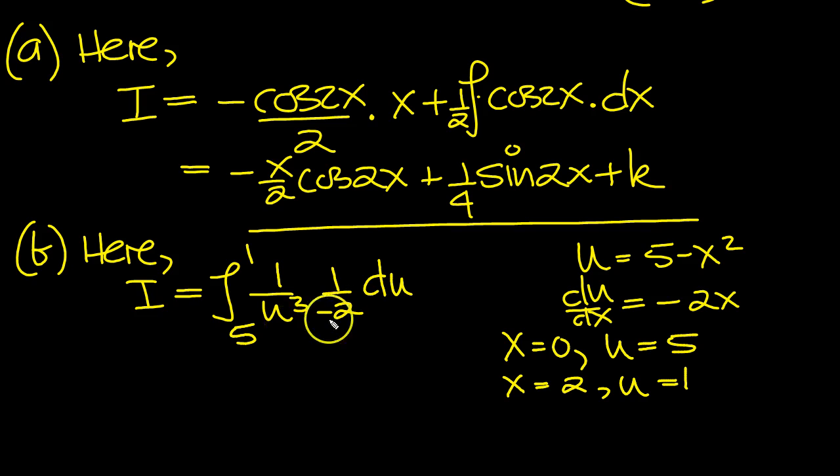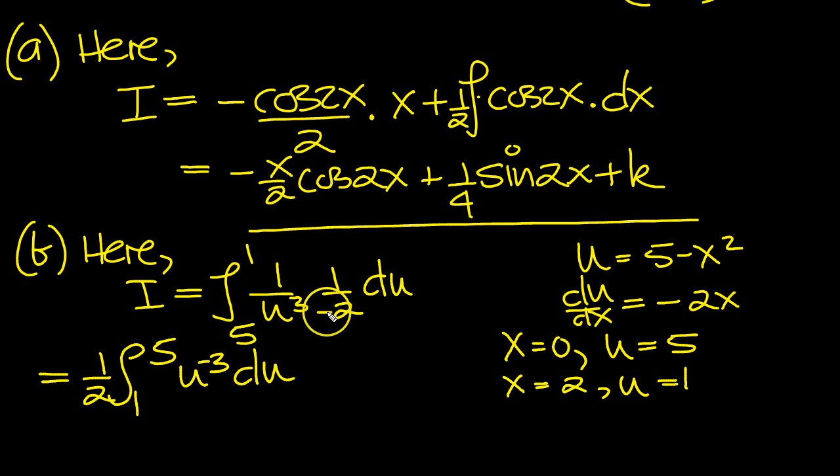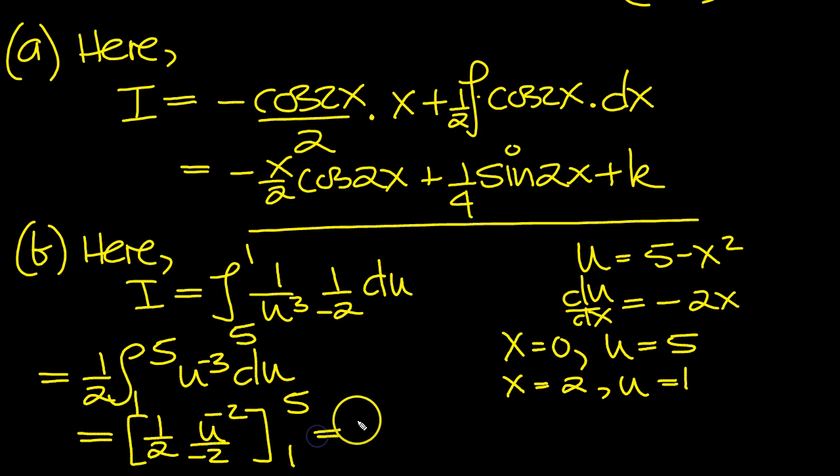So now we can do the integration, bring the minus a half to the front, or we could actually just put a plus a half and flip this around to 1 and 5 of u to the minus 3 du. So what I've done is I've used the minus to flip this up the other way, and I've taken the half out the front of the integral. So this is equal to just a half u to the minus 2 over the minus 2 between 1 and 5, which is equal to, take that out, minus 1/4,